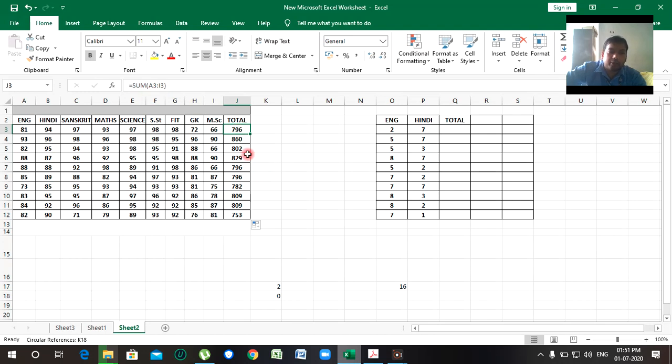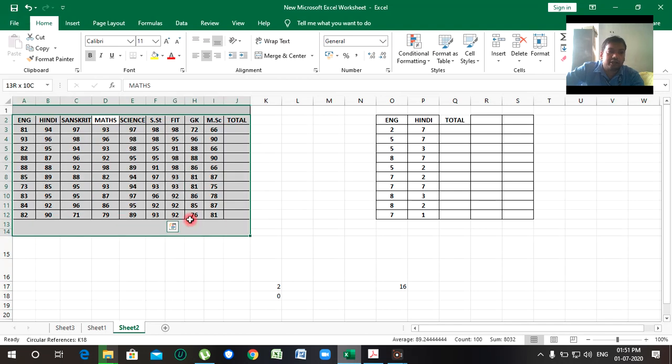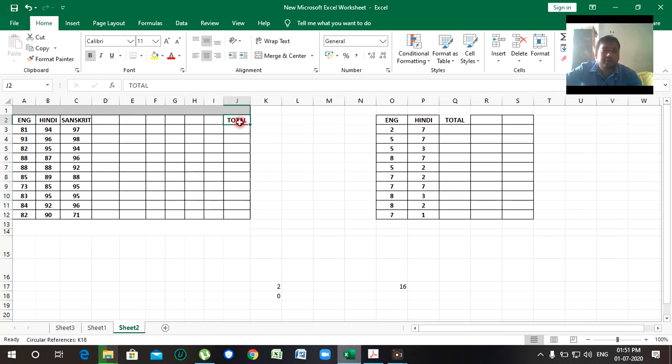But here it is done by the function, and I am going to do it using a formula. So delete it. For the formula we will take only this much data, no need for all this data. Take this total over here.